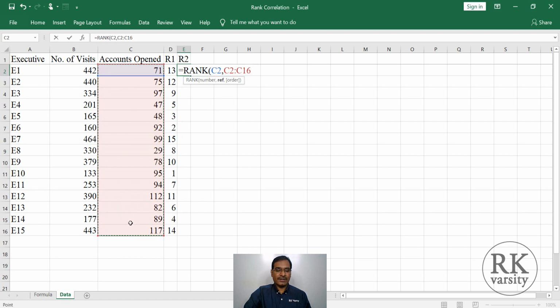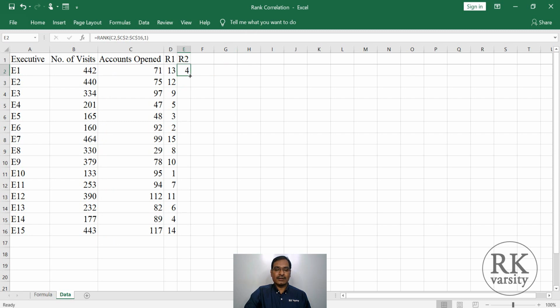Here are the reference values. Then place a comma, ascending or descending. So ascending, place 1. Now here enter the dollar symbols. By entering dollar symbols here, you are making this particular range a constant. Now click enter. Now you have ranks.